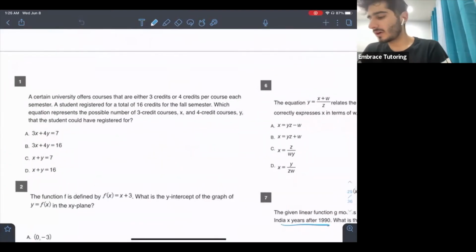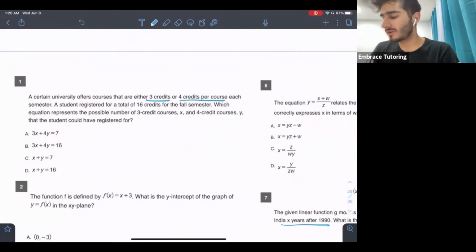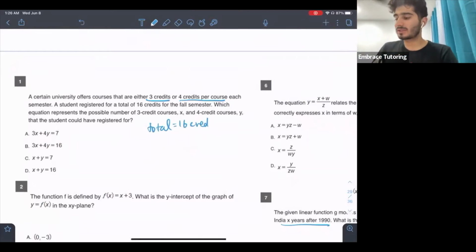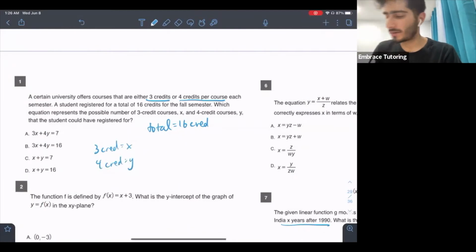A certain university offers courses that are either 3 credits or 4 credits per course each semester. A student registered for a total of 16 credits for the fall semester. So the total is 16 credits. Which equation represents the possible number of 3 credit courses X, the 3 credit represented by X, and the 4 credit represented by Y? So what you would have to do here is understand that